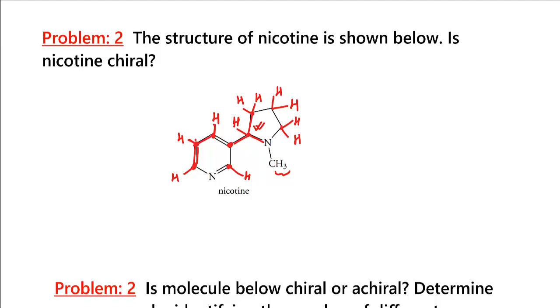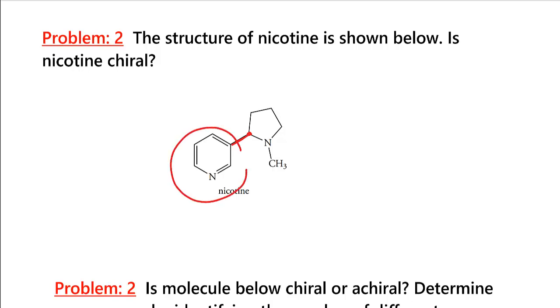Now this carbon has a hydrogen, and this side a different group. So let me rub this. So I am looking for this carbon. This side we have a different group, so this group. And this side we have hydrogen, that is a different group. Now if you go this side, you will find we have a carbon atom, and this side I have a nitrogen atom. So this means this bond and this bond are different. For this carbon I can say all the 4 groups are different, and that's why this is a chiral carbon atom.